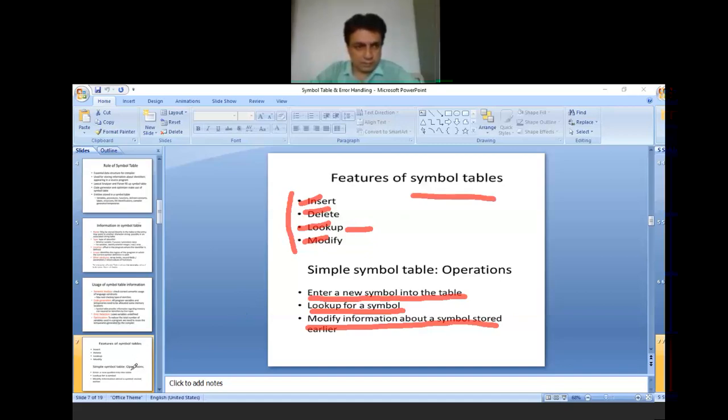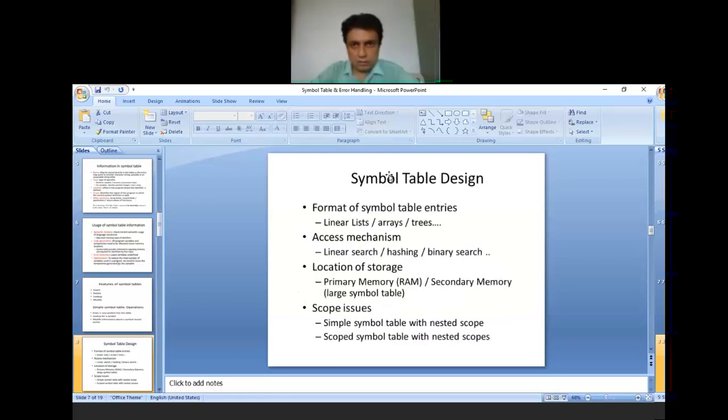Now proceeding further. The symbol table design. So these are some of the designs by which we can make the symbol table. The format of symbol table entries, like the table can be of linear type. It stores a linear list, arrays, or trees.